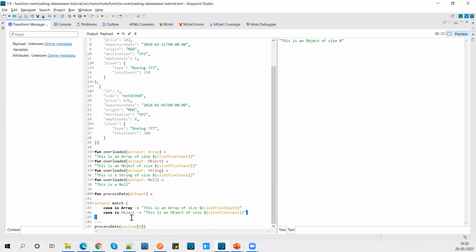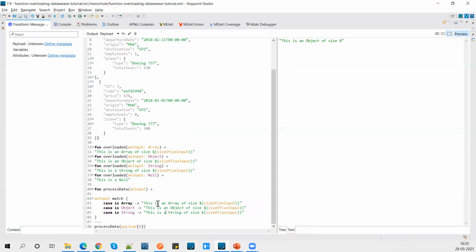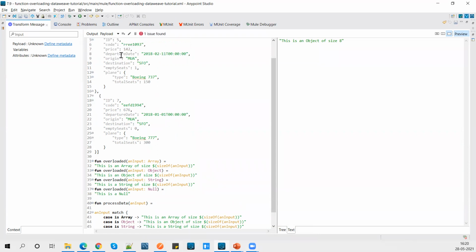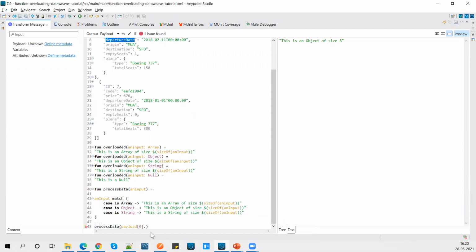Now similarly, we'll try to add n number of case statements you can have in match. So here we'll say if it is a string, size of a string, and we'll try to pass the departure date this time, and we'll see the size of the string.